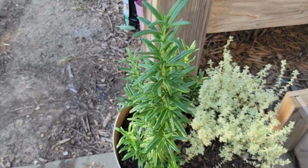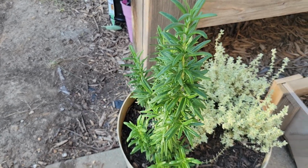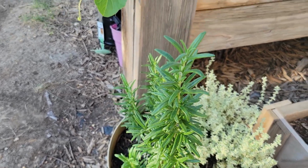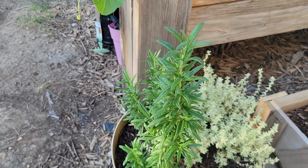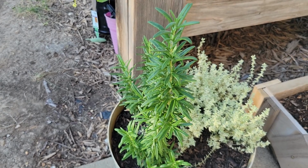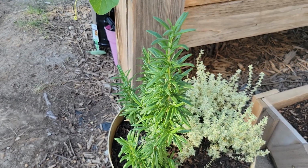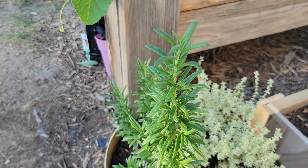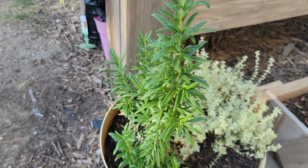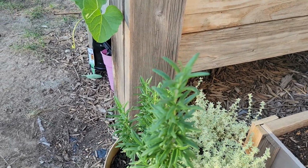I'm here in the Midwest. I'm in zone 6, and it does not survive our winters. So a lot of times I bring it in, and it's really finicky when it's inside. I've tried several different things. This plant hangs on as long as it can. As soon as the temperatures start warming up over 40 degrees, I try to get it out in the sun in the springtime. To be honest, it's about half dead when I put it out